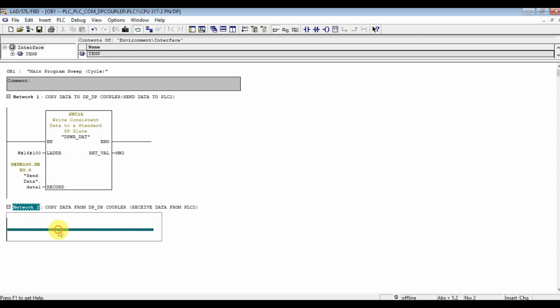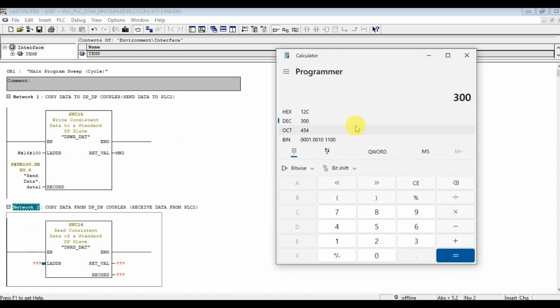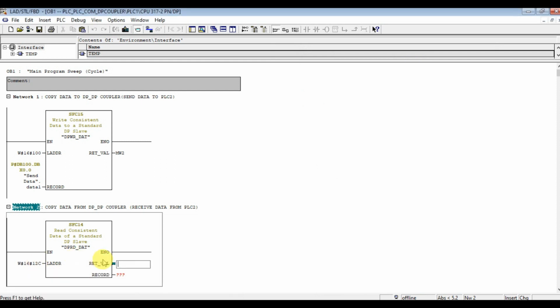Okay, for receiving or reading, we can use system function 40. The address is 300, as you see. In decimal 300 means hexa 12C. Memory word 4, and I'm going to receive my data on